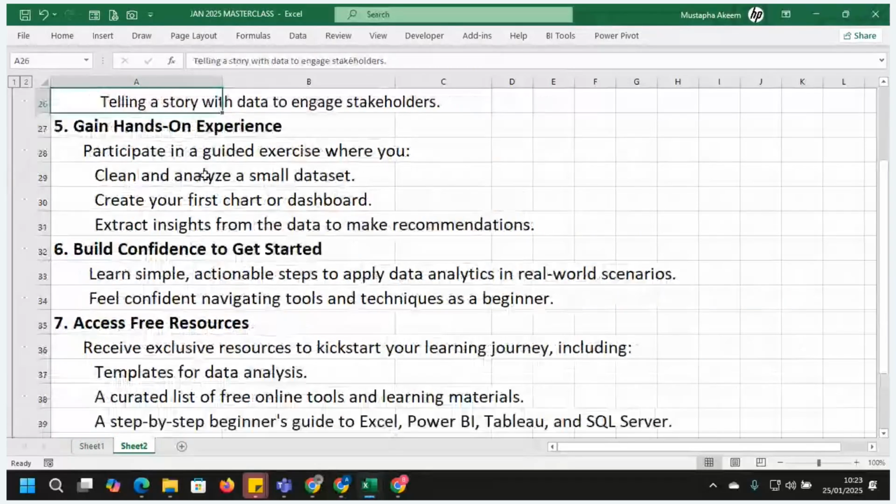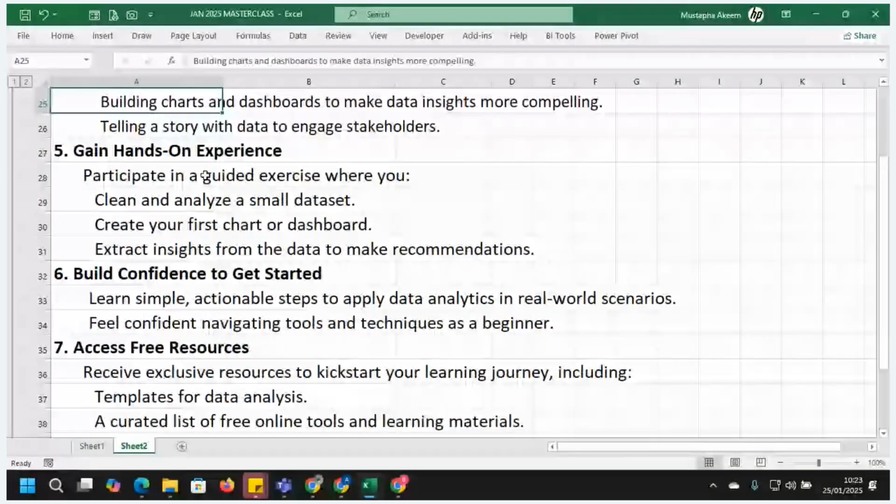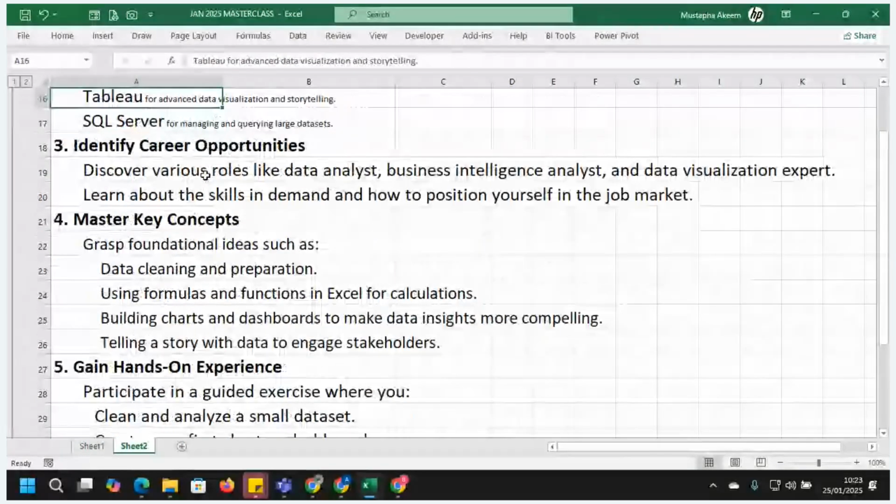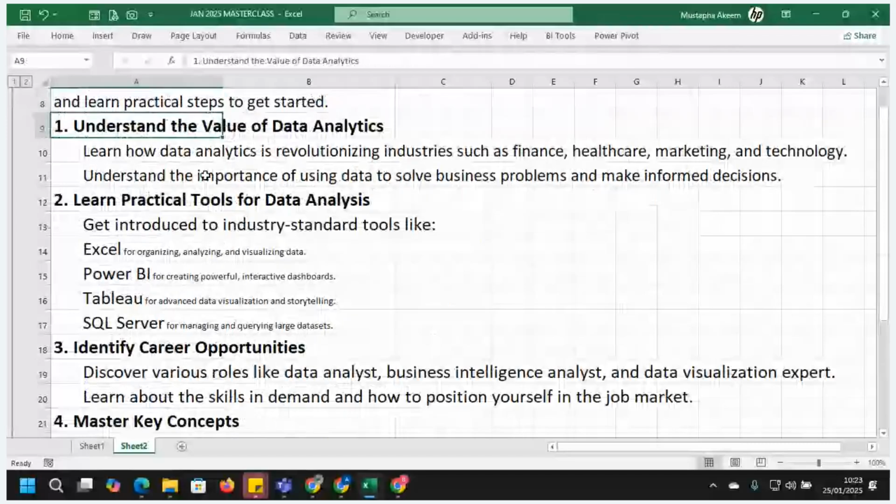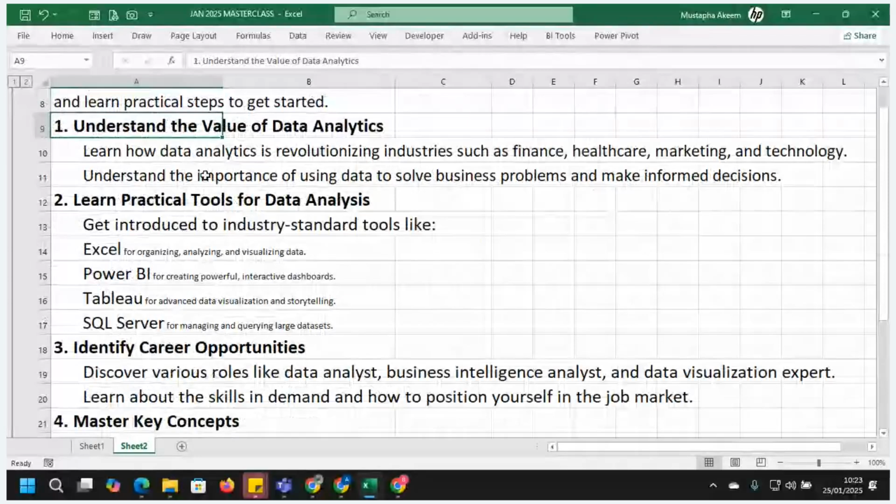Why this training? One, we organize this training for us to know the value of data analysis. It's no longer a threat. You can mute now, please. If you have been unmuted before, kindly mute yourself, please. There is a cracking noise from your background.